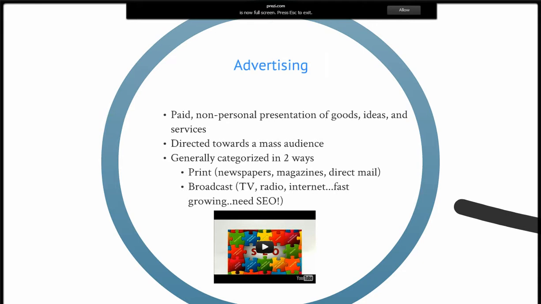Because if you think about it, people in their cars listen to the radio. If they hear a commercial, 9 times out of 10 they're going to turn the station. If they're even listening to the radio, and they're not listening to their iPhone or their iPod plugged into their car. And most of us watch TV now either through DVR or on demand. So the ability to reach people through television ads is diminishing and decreasing. So companies got to find another way, and the internet is that.